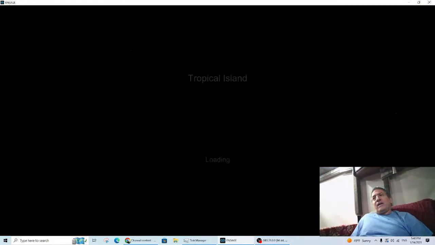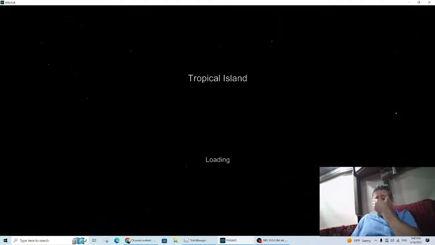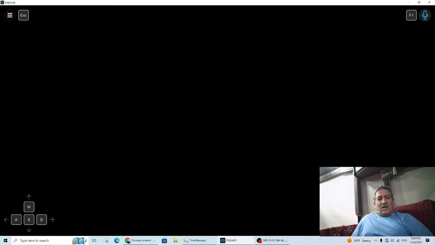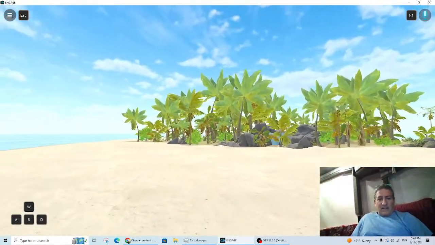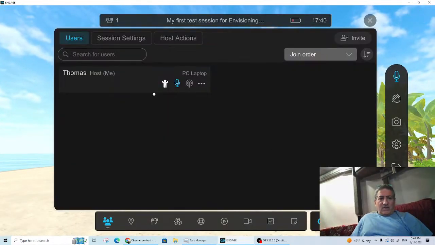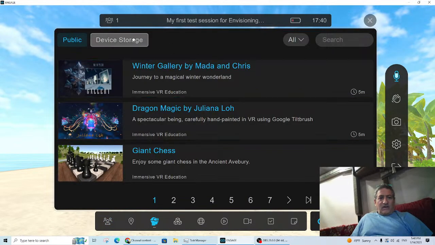So in AltspaceVR, the IFX are similar to the kits, and the world is similar to the template. I'm now going to use a template called Tropical Island, but the kit is going to come from a recording of content. So if I go to device storage,